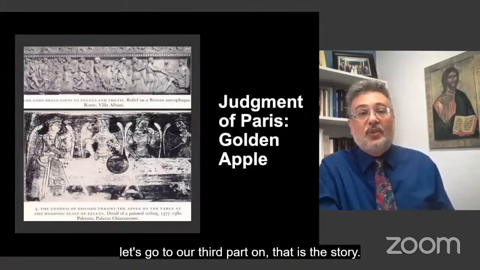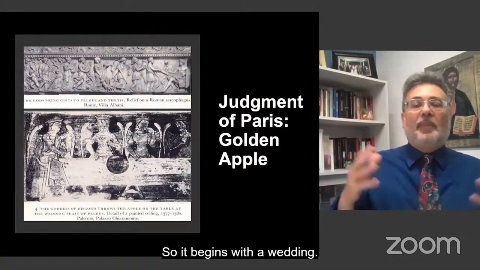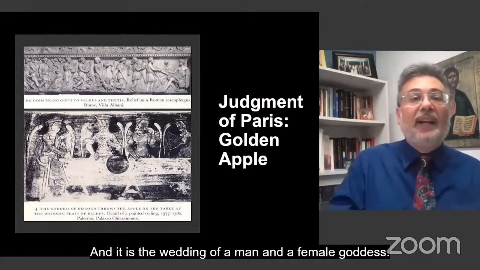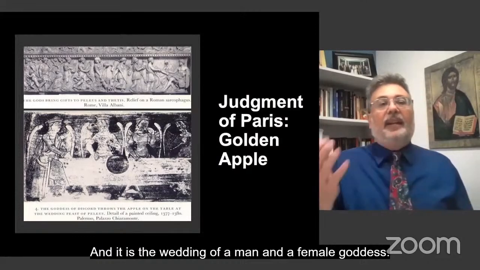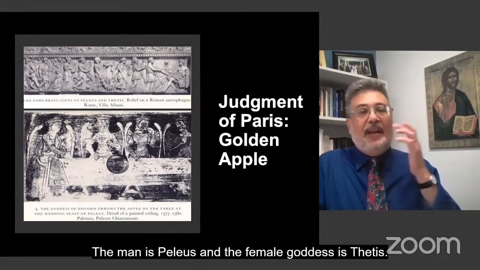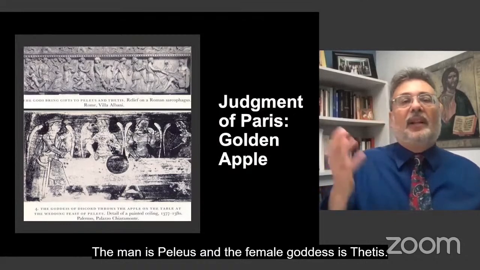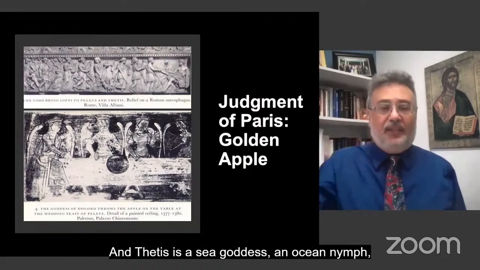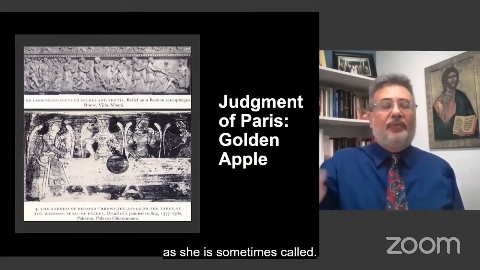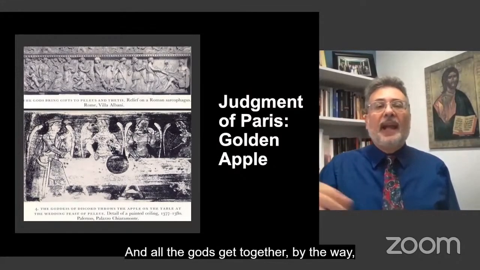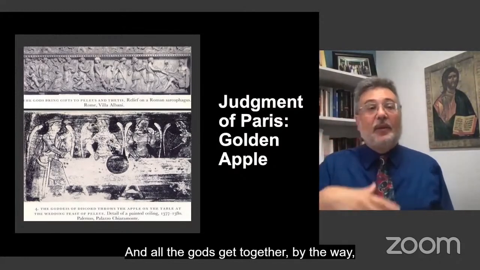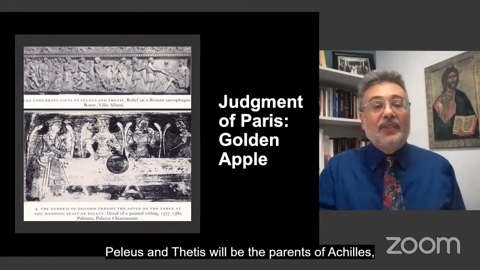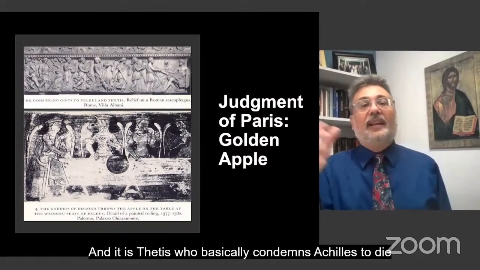And that is the story. So it begins with a wedding. And it is the wedding of a man and a female goddess. The man is Peleus, and the female goddess is Thetis. And Thetis is a sea goddess, an ocean nymph, as she is sometimes called. And all the gods get together. By the way, Peleus and Thetis will be the parents of Achilles, the star of the Iliad, and it is